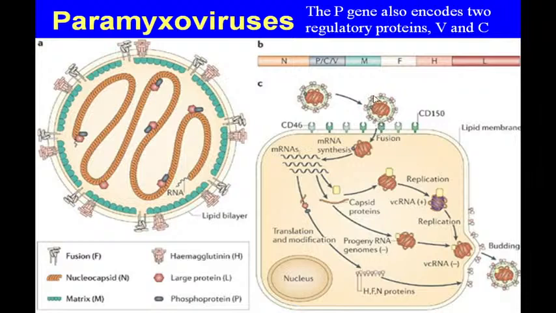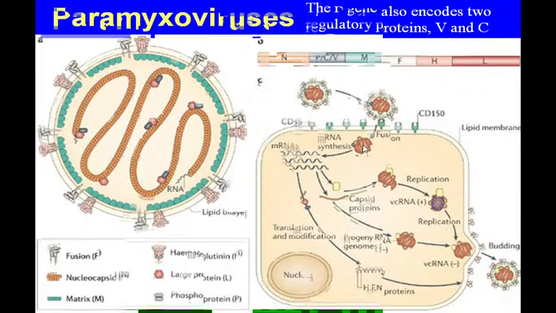When the envelope of the virus fuses with the cell membrane. How is it possible? The fusion protein that is here mediates the fusion of the envelope with the cell membrane because they are the very same. The lipid bilayer that covers the virus from outside is an envelope. So it is derived from the cell membrane of the previous host, right? So that's why it is possible for them to fuse. As a result, the helically designed nucleocapsid enters the host cell.